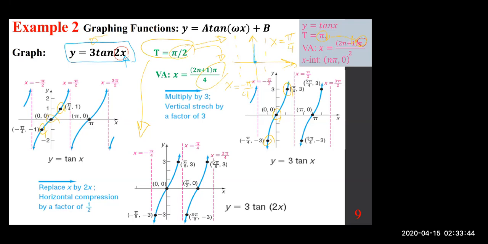Plugging half of that pi over 4, class. You see this pi over 4? Half of that. So you have to plug in pi over 8 to see what you get, which is 3 times tan of 2 times pi over 8, which is pi over 4, which tangent is 1. 3 times that is 3. So that gives you the point. This is not to scale. Pi over 8, 3. You find the other one in the same manner by putting x equals minus pi over 8,